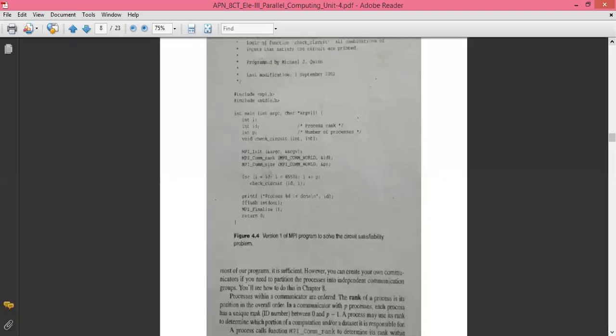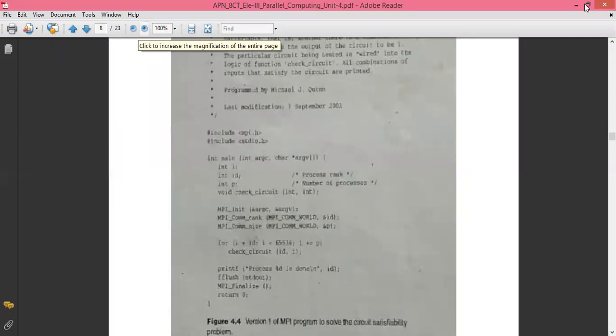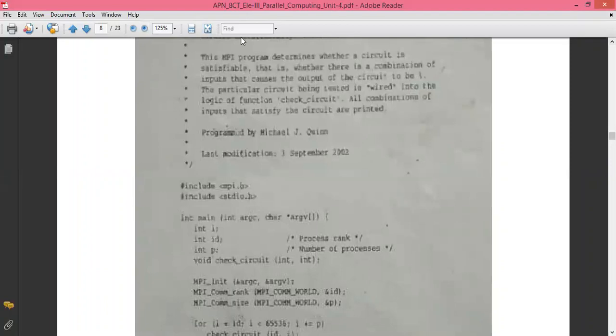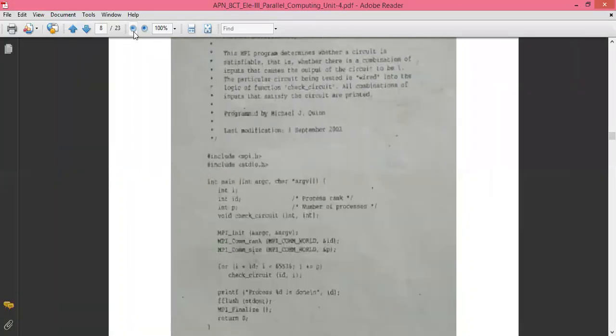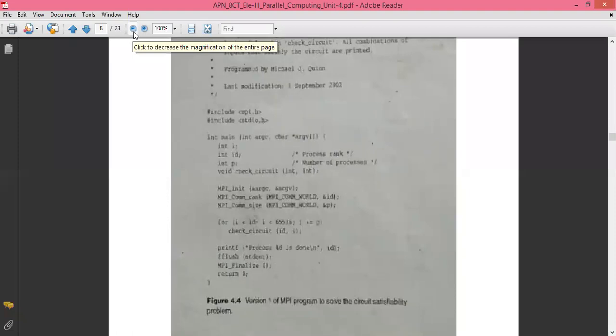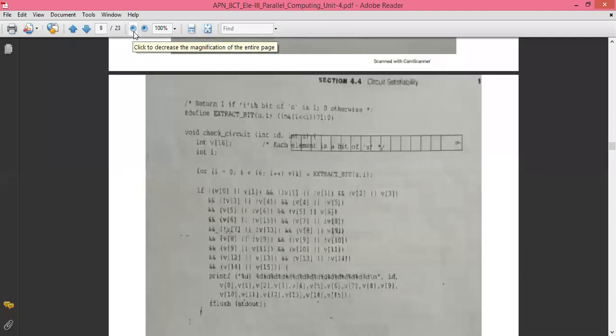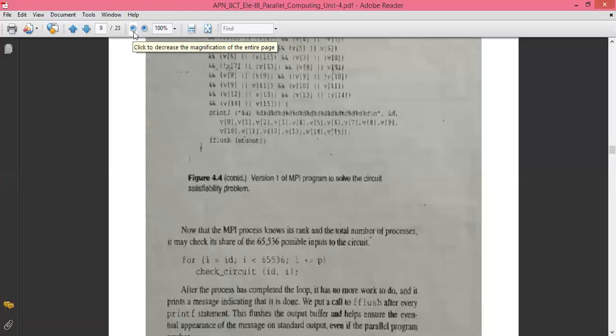Based on that, we have written a parallel program, a simple MPI and C program, which is there on your screen. I'm going to make it a bit larger so that it will be visible to you, because I'm operating on a share screen basis. This is the program we have already gone through, and it is available in the notes as well. It is a simple program followed by a function call for the 16-bit input we are giving to the digital circuit, and based on the combinations, we write and execute the program.